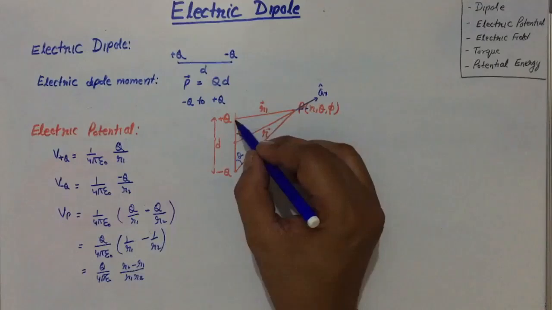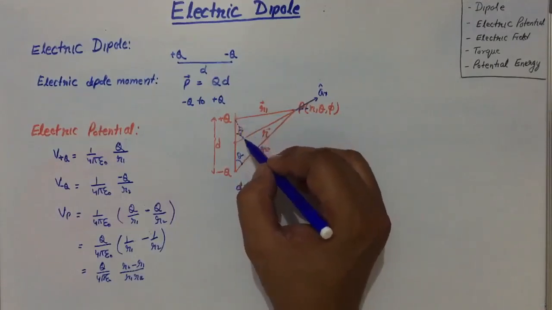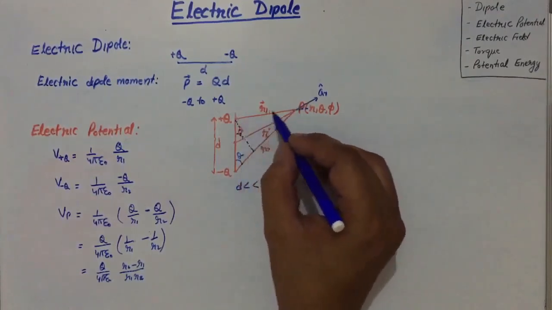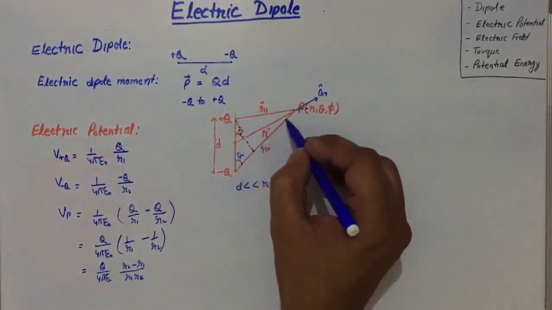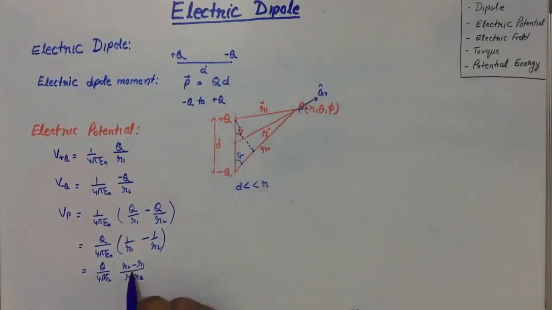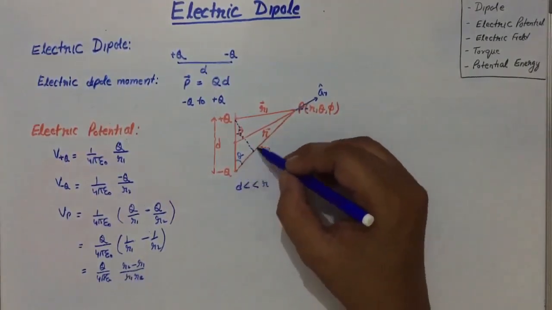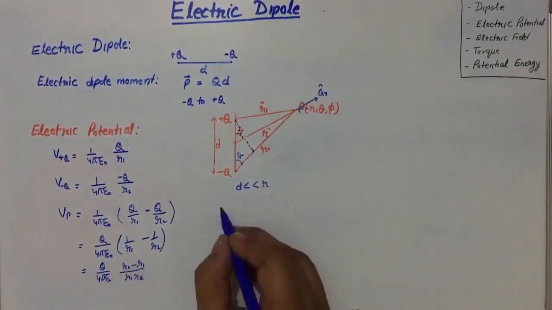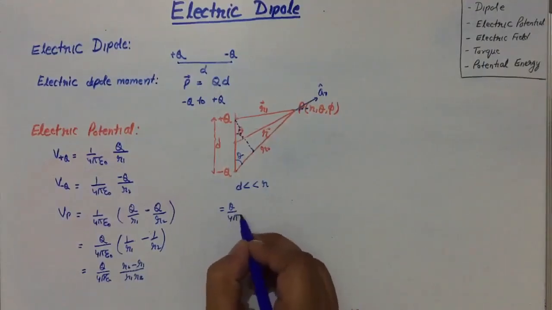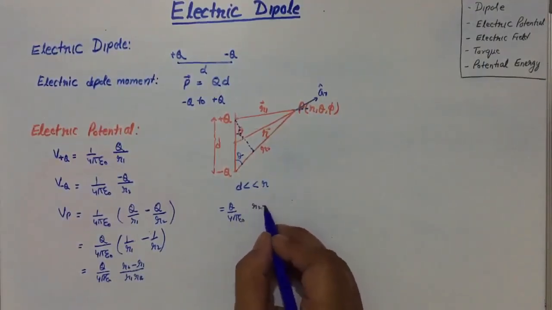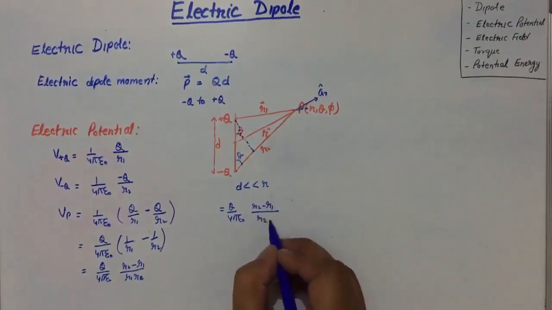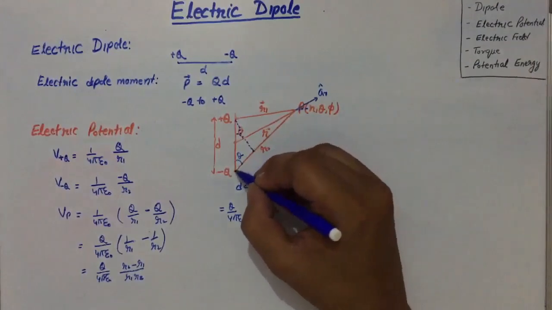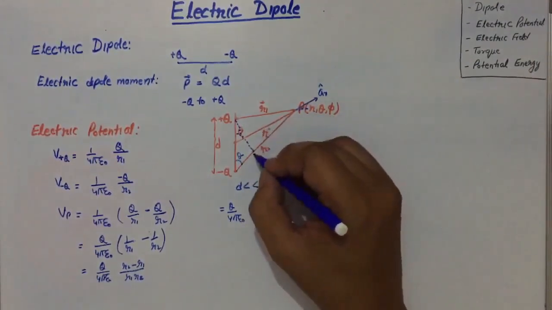And if we reconstruct like this to make this length and this length equal, then R2 minus R1, that is here, can be written as Q by 4 pi epsilon naught times (R2 minus R1) divided by R2 into R1. This R2 minus R1 can be written as this length,